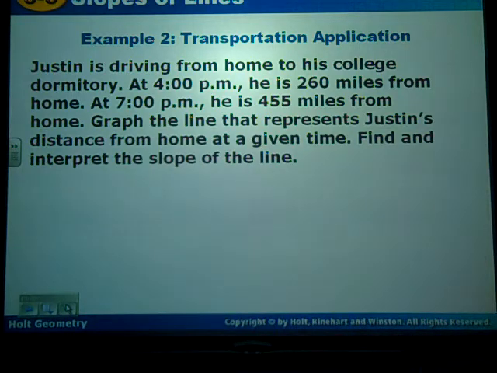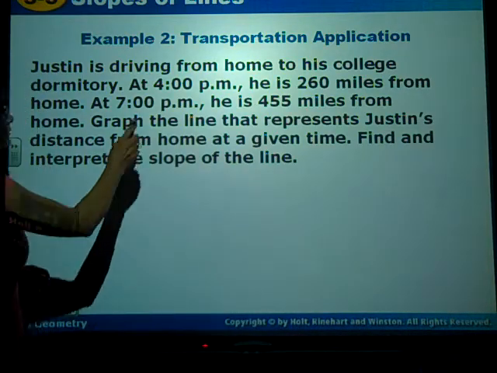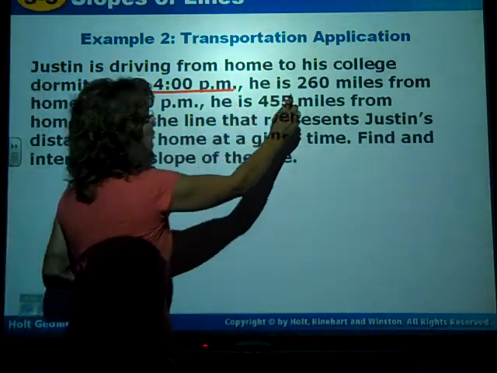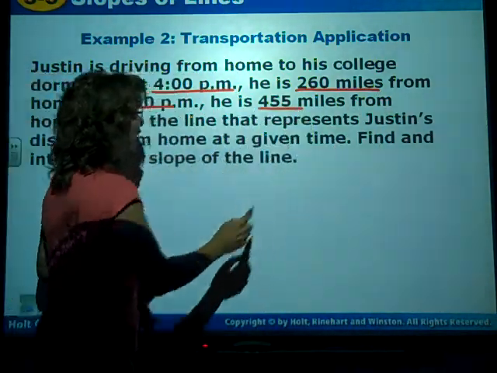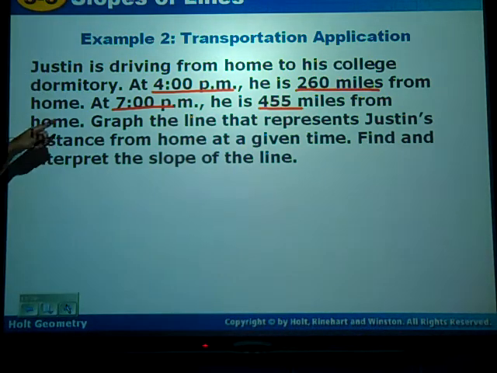Justin's driving home from his college dormitory. At 4, he's 260 miles from home. I like to underline important information. And at 7, he's 455 miles from home. We want to graph the line that represents his distance from home and interpret the slope of the line. Well,